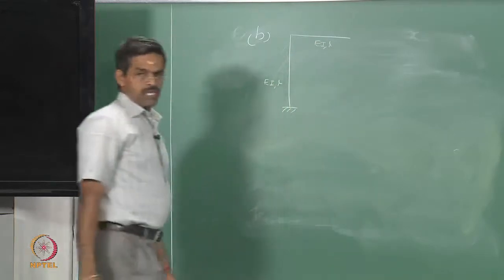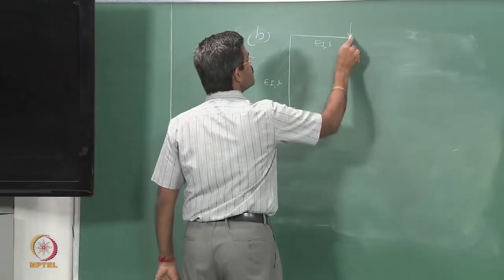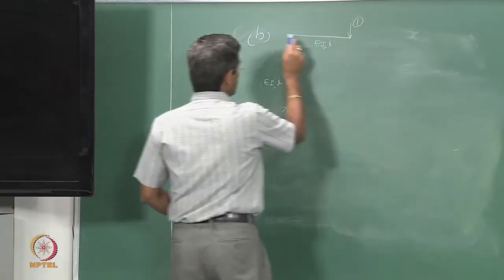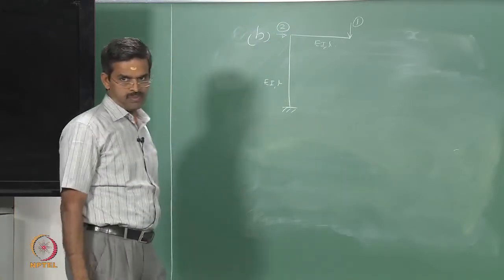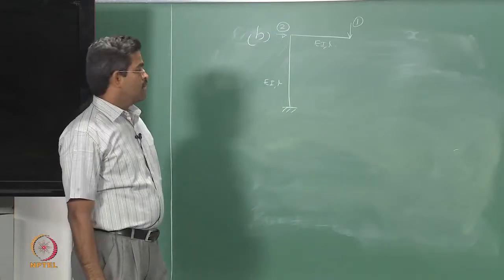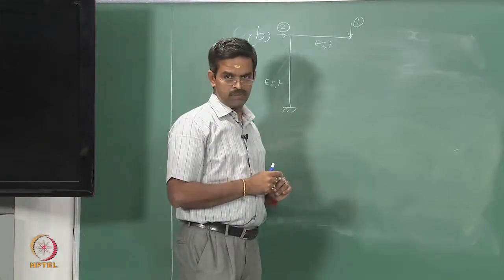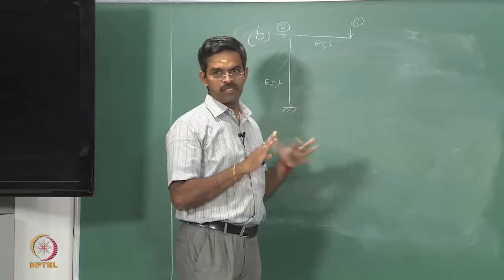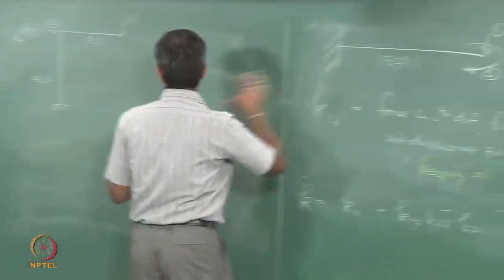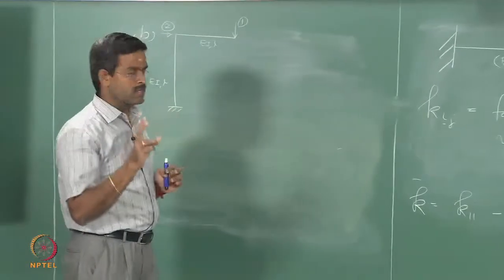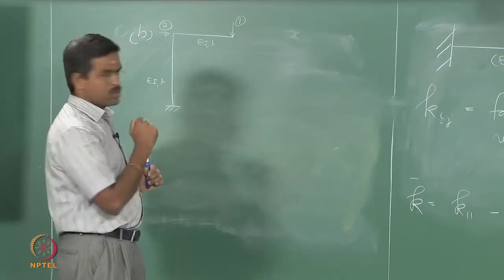The frame has 2 degrees of freedom. One is a tip displacement, which is 1, and the other is a lateral displacement, which is 2. Now, first let us appreciate this problem and how it is different from that. There are many differences. Let us see the classical differences first. The first classical difference is that one is a beam problem, this is a frame problem. The second classical difference is that in the beam both the degrees of freedom are measured at the same point, but it is not so here.